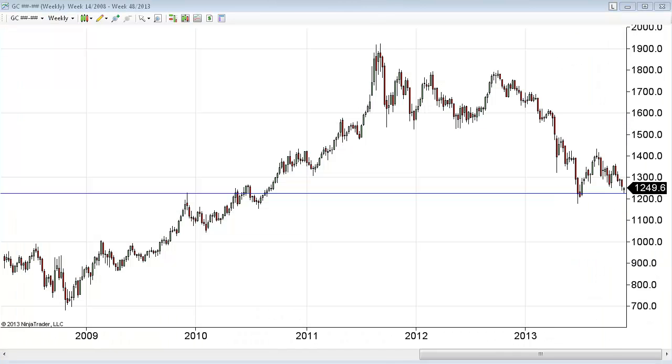So traders, in order to try to make sense, all I have done is pull up a weekly chart. I've compressed it to a degree where we can see the market last time it came in was around this price, and then I simply put a horizontal line, which really began at 1225, or the low, and I told it to carry it all the way across the screen. And lo and behold, when we do that,